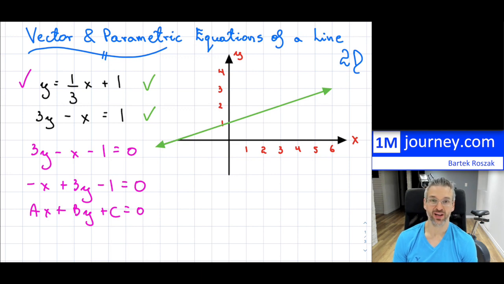And with these two forms, the y is equal to mx plus b form and this second form, you don't really need anything else in 2 dimensions. And that's why when you were starting off, it was never introduced to you. However, as you study vectors and then finish off vectors, and then possibly you might be studying lines and planes in 3 dimensions, the y is equal to mx plus b, and the ax plus by plus c is equal to 0 form, they kind of fall apart for 3D